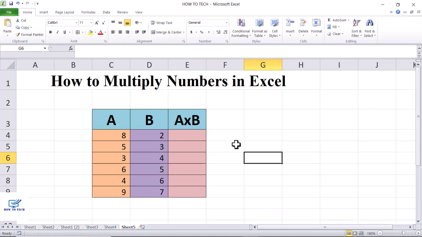In this video, you are going to learn how to multiply numbers in Excel. Here are some values in column A. We will multiply these values with values appearing in column B. So first of all, click where you want to get the multiplication of these values, and as we write every formula